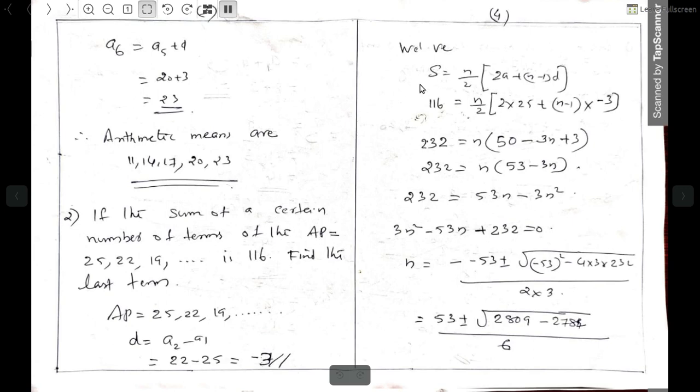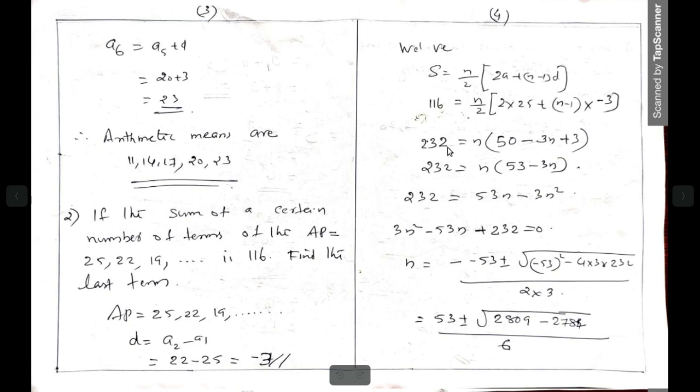So we have to find the sum of elements of the AP using S equal to n by 2 into 2a plus n minus 1 into d. We use this formula because in this question the last term is not given. If the last term is given, we will use S equal to n by 2 into a1 plus an. But here the last term is not given. Therefore this result is to be taken. S equal to n by 2 into 2a plus n minus 1 into d, where S is equal to 116, equal to n by 2 into 2 into a plus n minus 1 into minus 3. D is equal to minus 3.